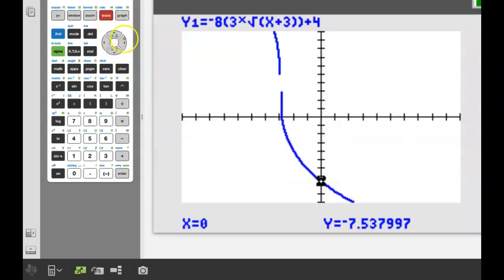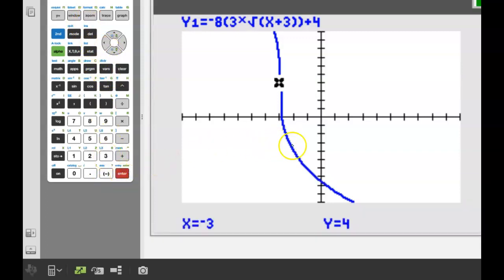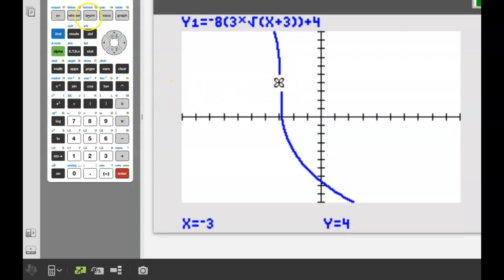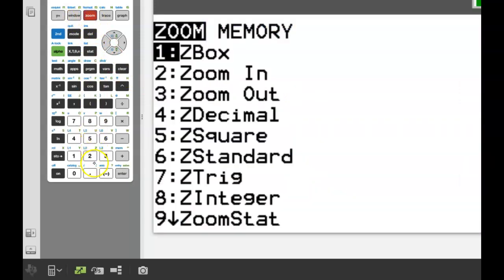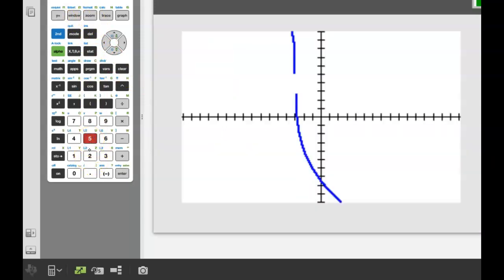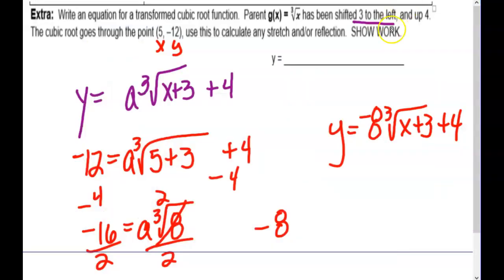And if we looked at, whoa, that's interesting, it was supposed to be shifted left 3, right? So if I go -3, it is up at 4. That's a misleading thing on the calculator again. I think if I did a zoom decimal, it might get rid of, no, it still looks like it's got a hole. It does not have a hole. All right,